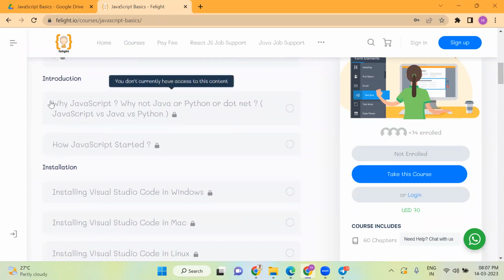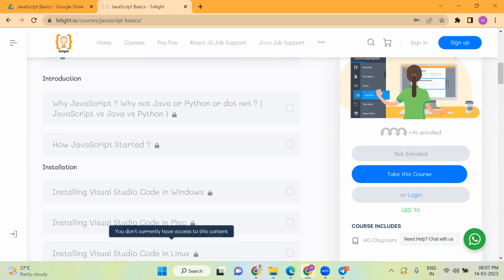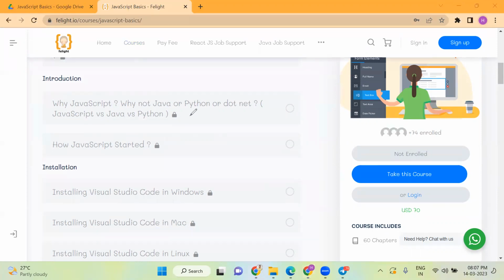So we had a little bit of introduction. Let's dive a little bit deeper into how JavaScript started and how we compare it to others. Briefly, I'll explain this. In the market now, if you decide to become a developer, your target should be to become a full stack developer, right?